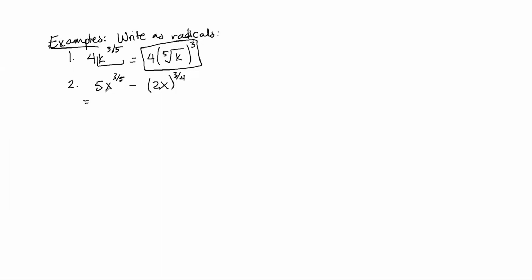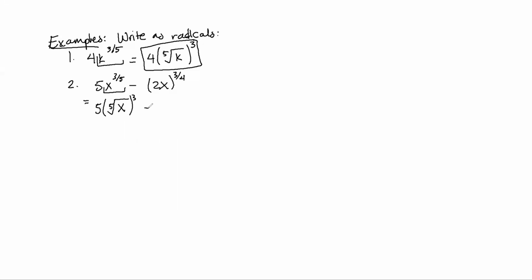In this first one, just like we saw up above, the 5 and the x, there are no parentheses, so those are separate parts. So the exponent only gets applied to the x. So we're going to leave the 5 in the front. Now we're taking the 5th root of x to the 3rd. So we'll raise the whole term to the 3rd power, except for the 5, because that's out in front,